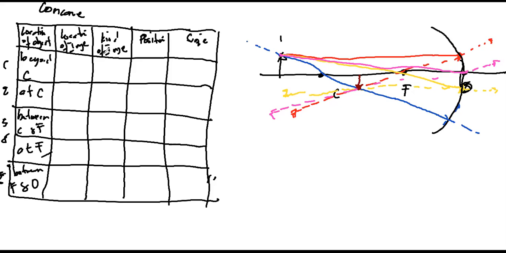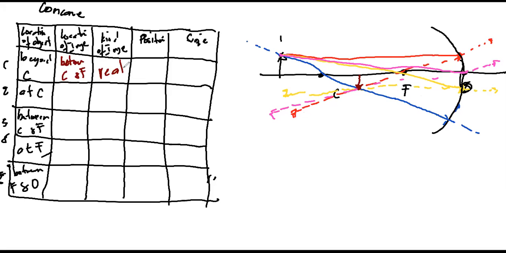So where did we find the image? The image is located here between the center and the focus. So therefore, we are going to fill up here between C and F. So we found the image between C and F. Now, what kind of image is formed? You will see that all of the reflected rays meet outside the mirror, not inside. If you extend all the reflected rays inside the mirror, they are scattered, and outside, they form at a single point. So definitely, this one is a real image.